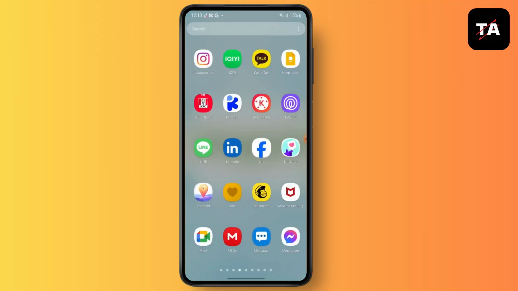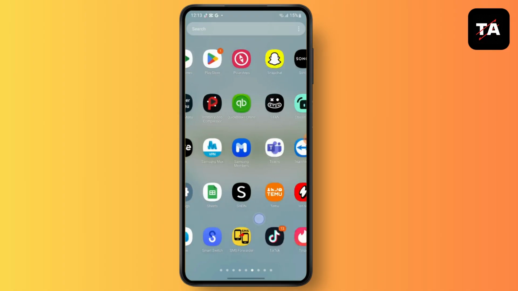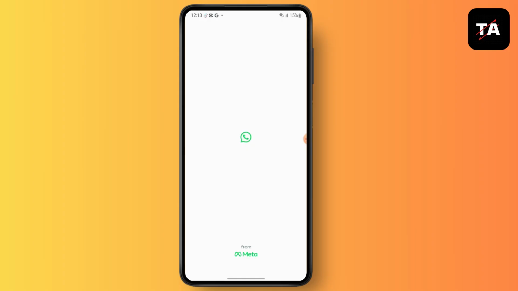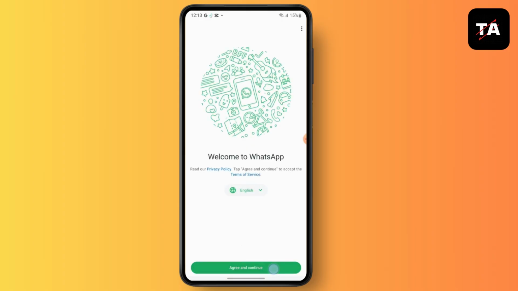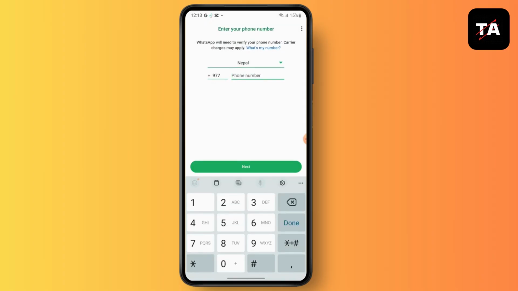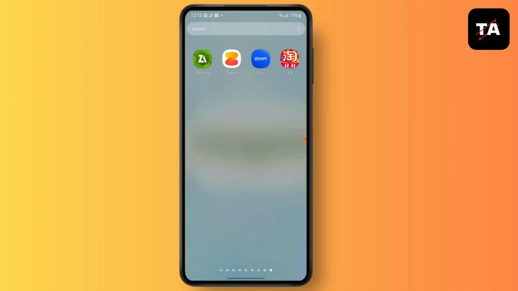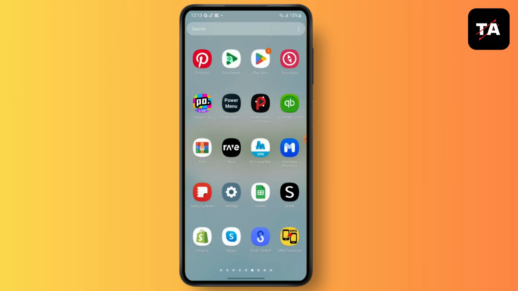So what you will have to do is first open WhatsApp and log into your account. After that, in your profile section, you will find your WhatsApp link and WhatsApp QR code. Simply copy the WhatsApp link, and then after you have copied the WhatsApp link in your clipboard,